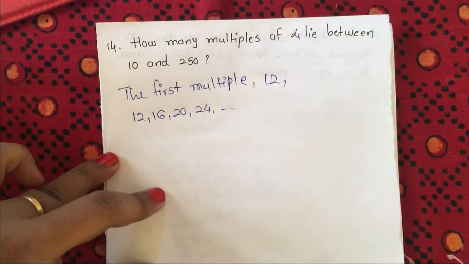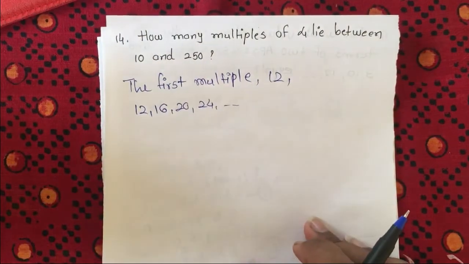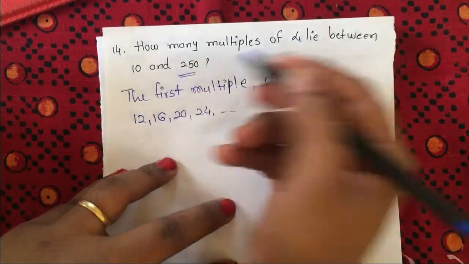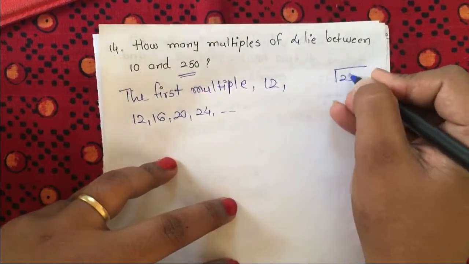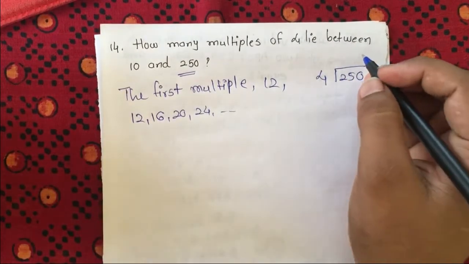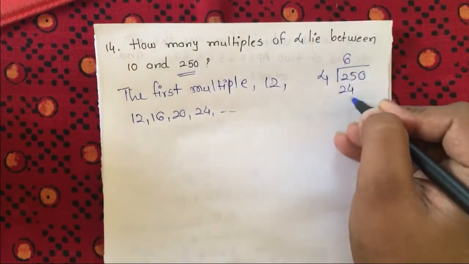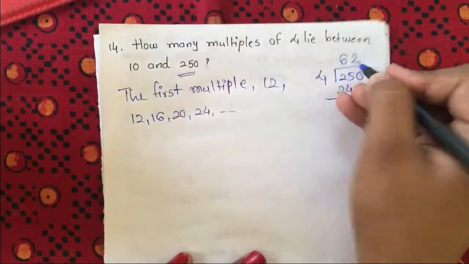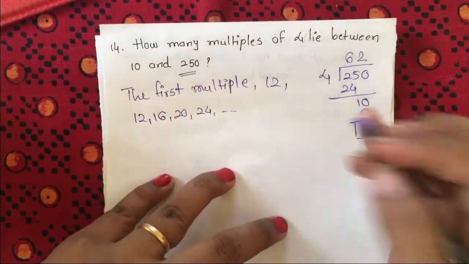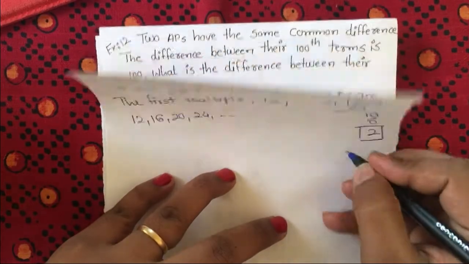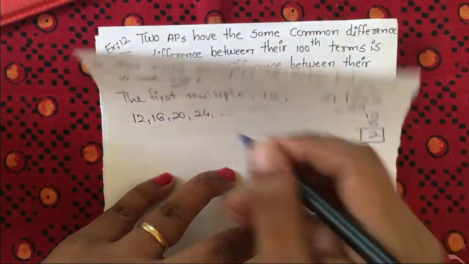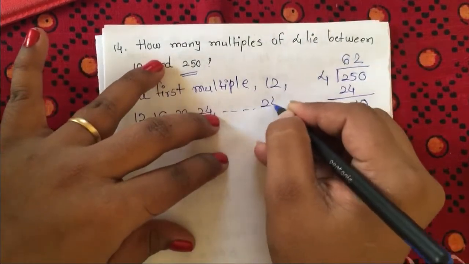Okay, now as मैंने आपको पहले भी बताया कि जैसे अगर हम किसी का भी मल्टीपल या डिवाइडर हमको फाइंड करना है, सो जस्ट डिवाइड द नंबर विथ दैट लास्ट नंबर दैट इज़ 250. 250 को हम 4 से डिवाइड करेंगे. 4 6 24. सो दिस इज़ 10. 4 2 8. सो यहाँ पे ये जो है वो 2 रिमाइंडर बच गया. सो क्या करना है, 250 में से 2 को क्या करेंगे हम माइनस. 250 माइनस 2. सो 248 इज़ द लास्ट नंबर विच इज़ द मल्टीपल ऑफ 4.